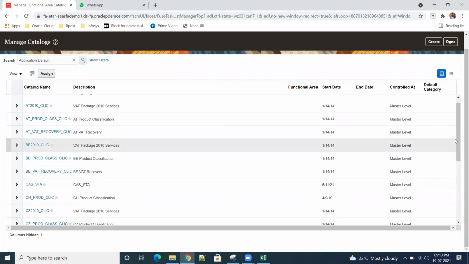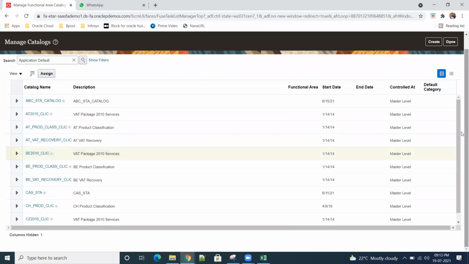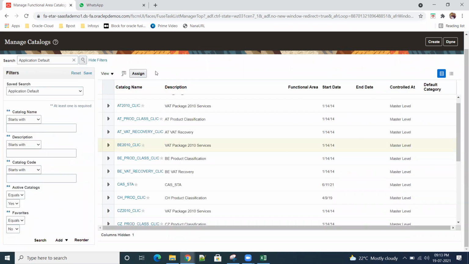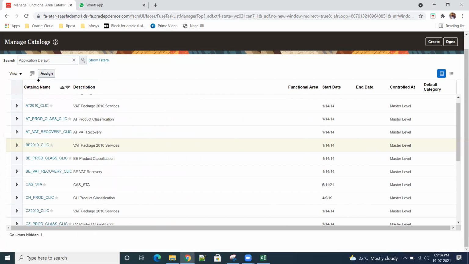Is there anything else, or do you want to create a new one? Okay, all functional areas. I don't know why it is completely blank. Let me try here. Show filters. Catalog category. Active catalogs. I don't know why it is not showing here.